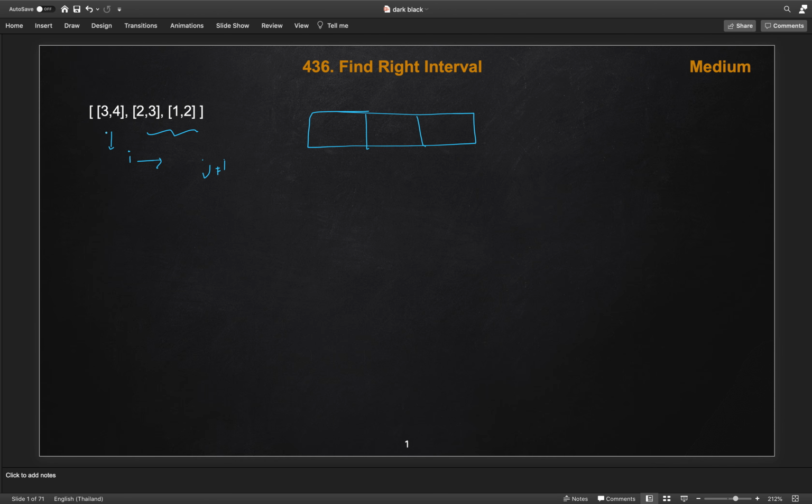So if we process 3 4, first we check with this one and then that one, but we didn't find anyone. If we didn't find anything, then we will put -1. Now for this 2 3 interval, first we check with this 3 4, whose start is greater than or equal to the end point of this interval, hence we will put 0, and here we will put the 1. So let's see